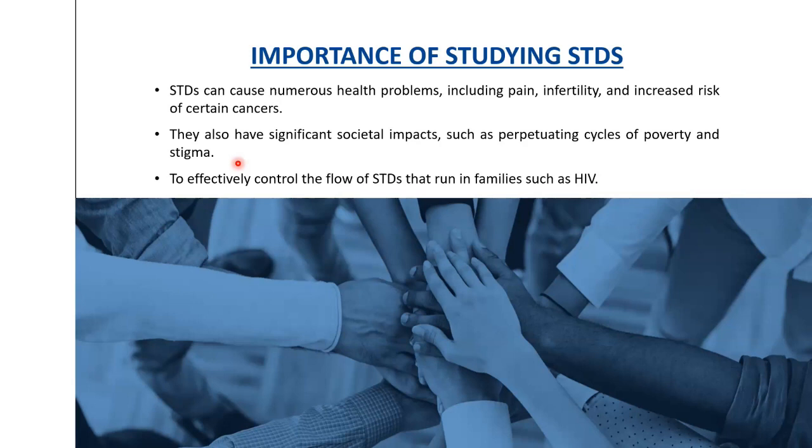Most of them are treatable. Some of them can already be prevented by vaccines or immunization programs. So to effectively control the flow of STDs that run in families, such as HIV: some diseases can be transferred from one person to another via sexual contact, but some can pass from the mother to the fetus during pregnancy or during birth. So if this cycle continues,